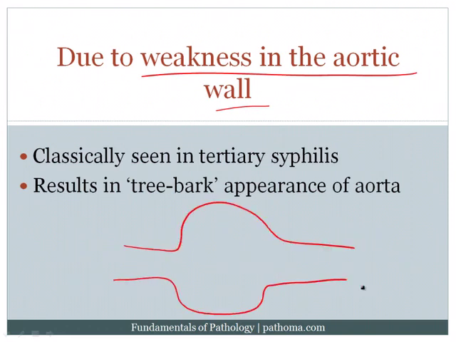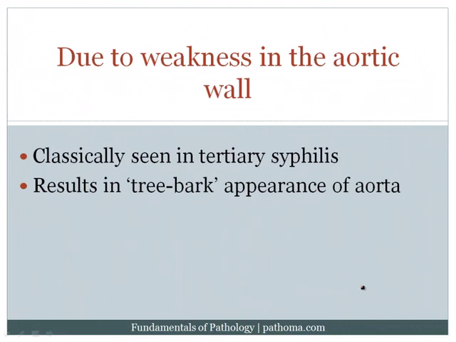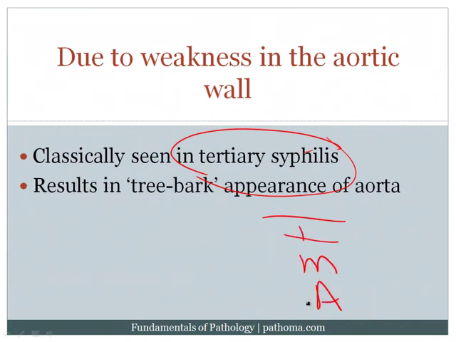In the case of the thorax, so in the thoracic aneurysm, the way by which you're going to get weakness in the wall is classically seen, or the classic example is tertiary syphilis. Now, what's the idea here? The patient's got tertiary syphilis, and remember that syphilis is an end arteritis. You get inflammation of the small blood vessels. So imagine if this is the intima, this is the media, and this is the adventitia in the thorax. You know that within the thorax, the adventitia contains these vasa vasorum, which are important for feeding and keeping this